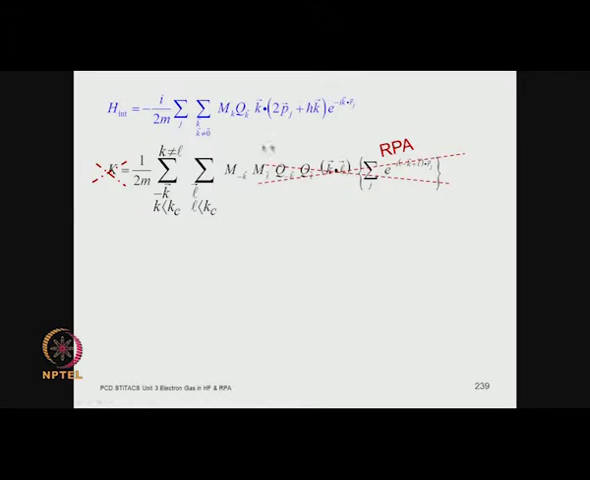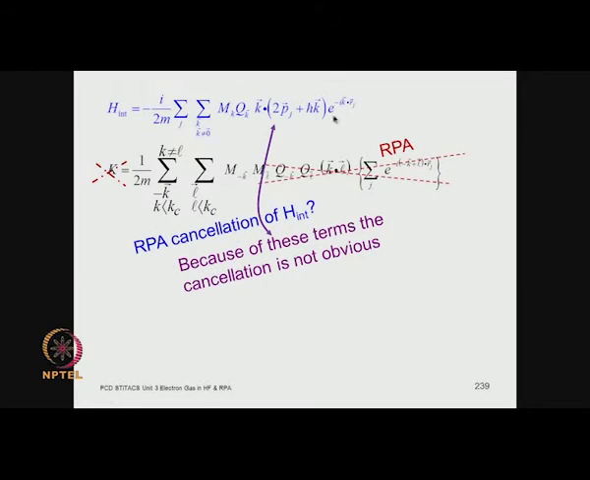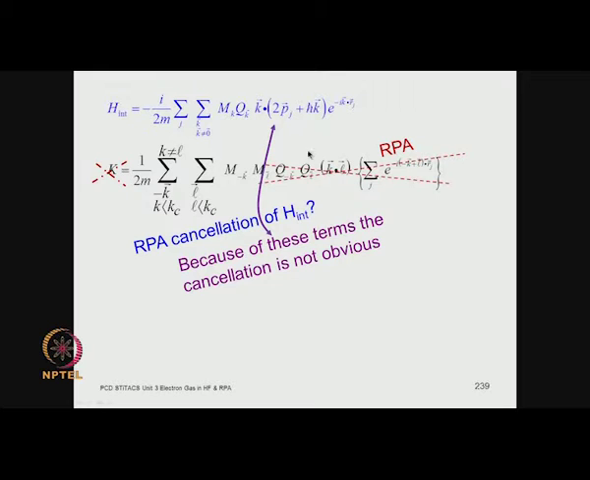Now, can you do something like RPA to get rid of this term? Because of the presence of these terms, it is not obvious that you will be led to cancellations, but in fact it can be done, and that is a little more detailed involved algebra, which I am not going to do in this class or in this course. I will only mention the result that it is not obvious that this gets cancelled, but what you can do